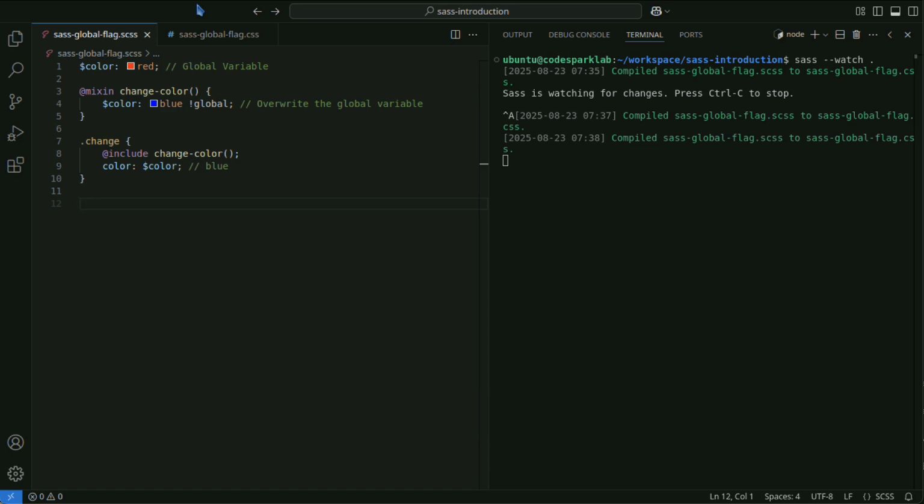Excessive use of the global flag can lead to unexpected scope conflicts and pollution of the global scope. This is especially important in large projects, where overusing this flag should be avoided. When using the global flag, variables with the same name may be unintentionally overwritten elsewhere. Therefore, consistent and clear naming of variables is necessary.